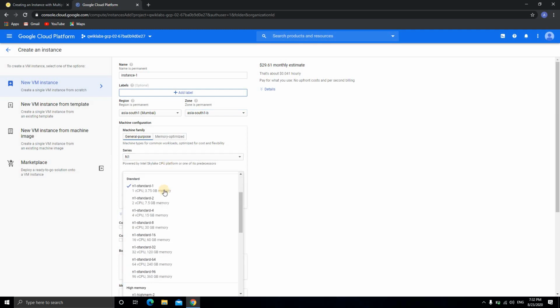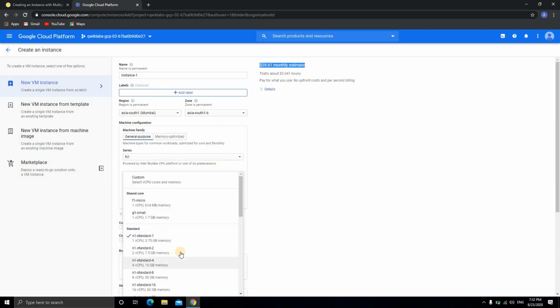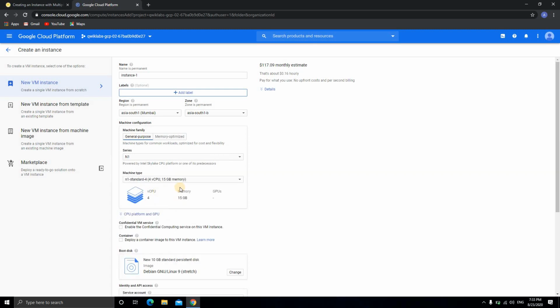The main thing comes over here. One CPU and 3.75 GB memory, which almost equals 4 GB RAM. 4 GB RAM and one CPU. If you use this, the account which you created using your credit card will last for about 1 year. Your RDP will last for 1 year. And you can see over here how much it is going to cost if you use this. I'll choose the 8 GB RAM one, and if you're using it for 1.5 hours, you are getting it for free. I'll choose the 15 GB one.